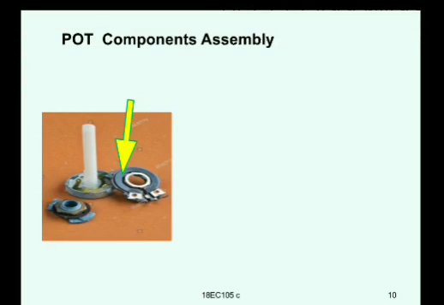So that is a carbon track, the yellow arrow showing you that is resistance of course. Then you have a shaft, the white one, to which we will be normally attaching a knob,